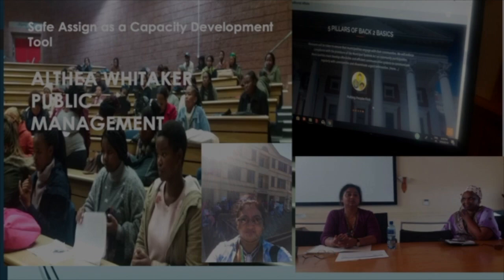Just to give a bit of background about me, I'm in the public management department, and we generally have masses of classes. Currently, I have 2 groups at second year, each with a size of about 145 students. So reading through assignments and trying to detect plagiarism or original work is quite a task.